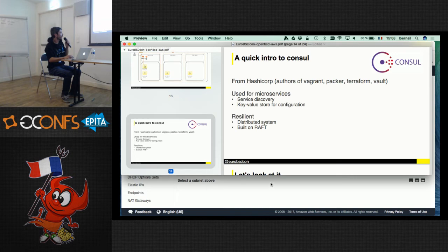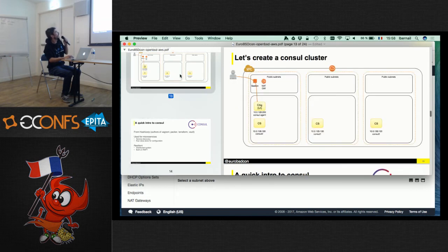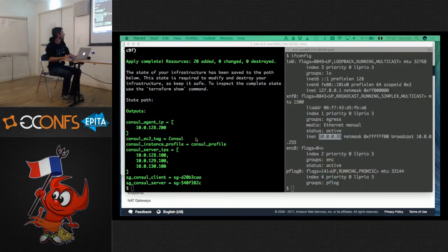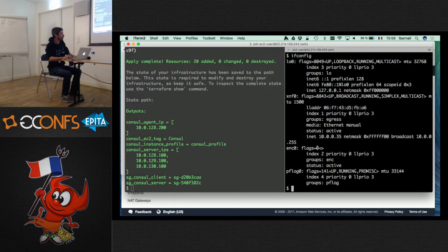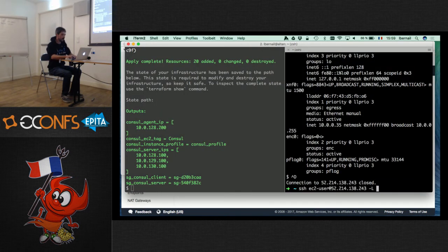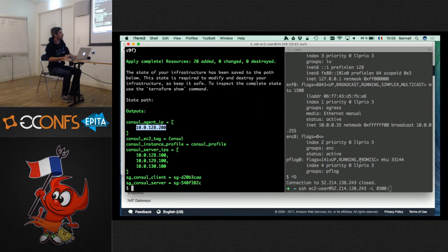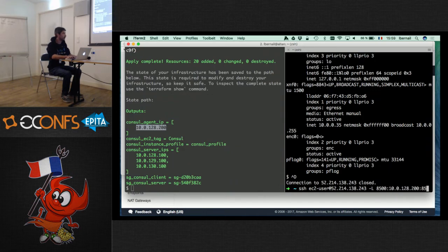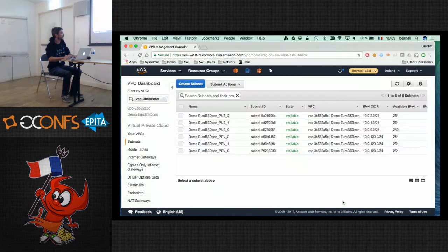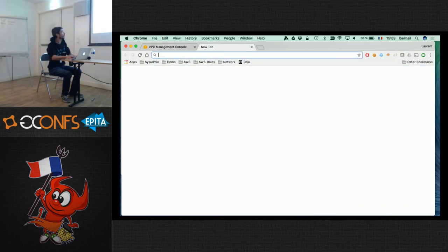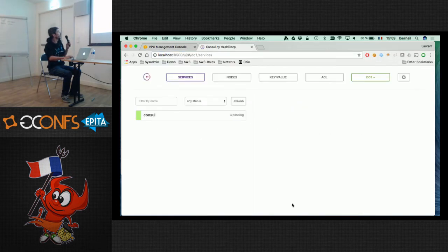We're going to have a quick look at it. As you remember, all these machines have only private IP addresses, so I need to connect to this one through this one. So I'm just going to do that. So this is the Consul UI.